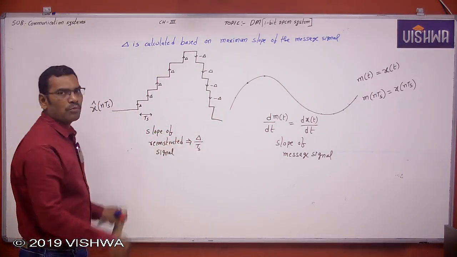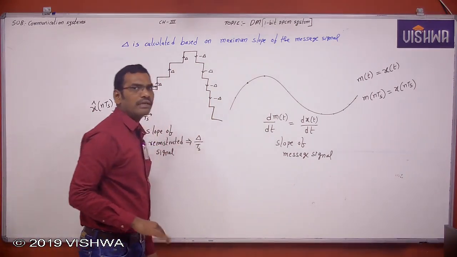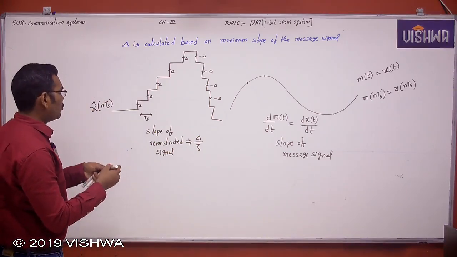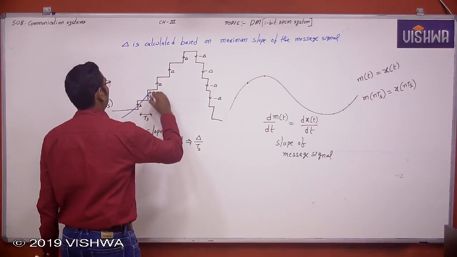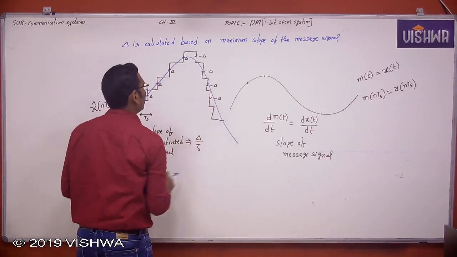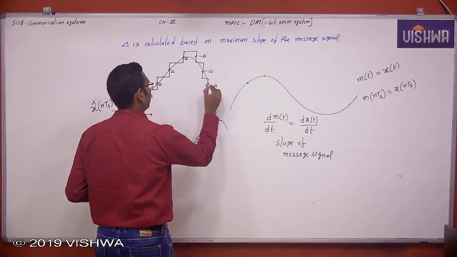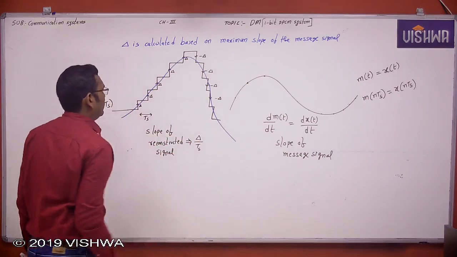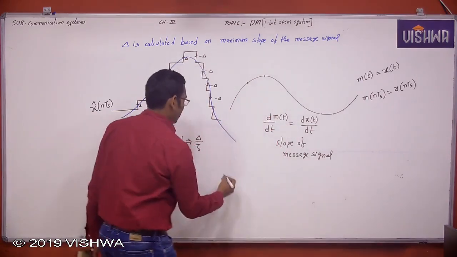When these two slopes are the same, when these two slopes are equal, you don't get any errors. When these two slopes are equal like this, this is case 1. When these two slopes are the same, then you don't get any error, which means that the condition here is now